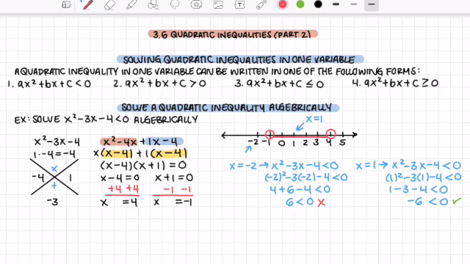Okay, cool. Let's check just to make sure that the outside isn't a solution. If I want to check to make sure the outside of +4 is not a solution, then right here, I'm just going to check out x equaling 5. I'm just going to plug in x equaling 5 into x squared minus 3x minus 4 being less than 0. So I get 5 to the power 2 minus 3 times 5 minus 4 less